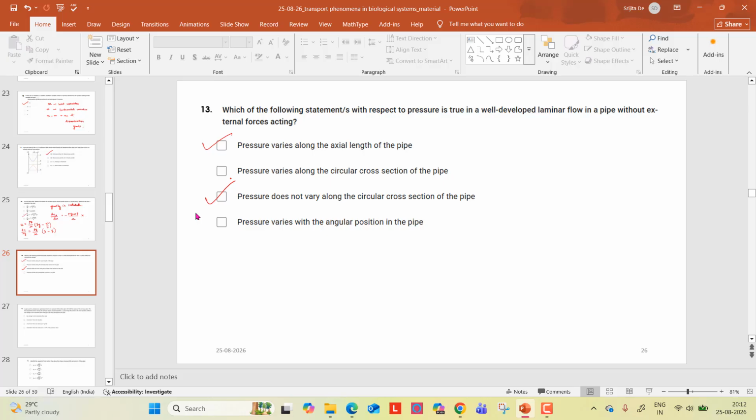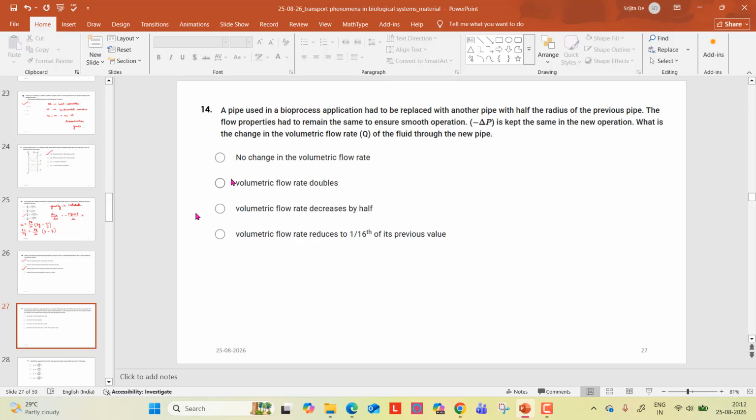It is true. Next. A pipe used in a bioprocess application had to be replaced with another pipe with half of the radius of the previous pipe. The flow properties had to remain the same to ensure smooth operation. Minus delta P is kept the same in the new operation. What is the change of the volumetric flow rate